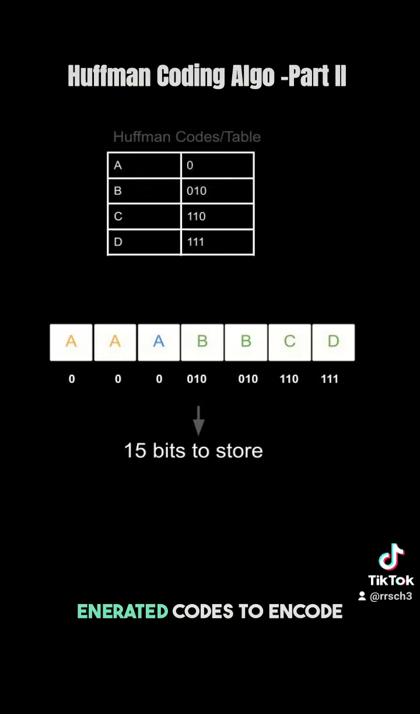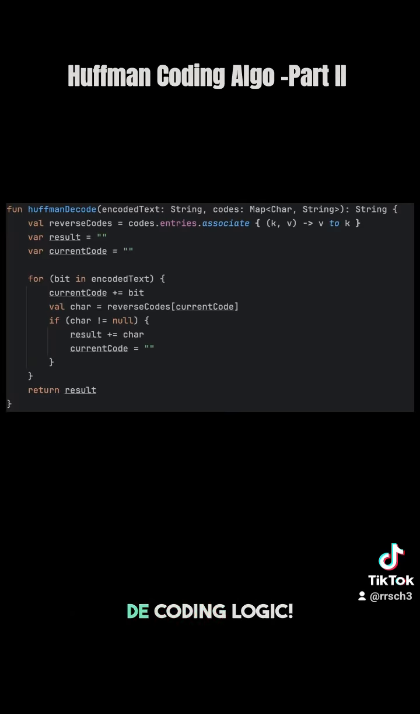Finally, we use our generated codes to encode the input string. What we end up with is 15 bits instead of 56 bits. This is a huge improvement. Even if we store the table for the codes along with the compressed text, on large files, this method can save a lot of space. Lastly, here is our decoding logic. This requires the Huffman codes table and the